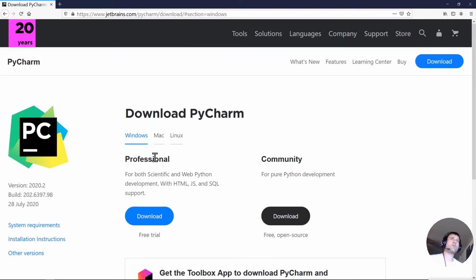And we have two different options. We got professional and we got community. And the main difference is professional has tools for developing basically websites. So you got HTML, JavaScript, and SQL support in the professional. And you also have Jupyter Notebook. It doesn't say it here, but you have Jupyter Notebook support in the professional where you do not in the community. So for that reason, I do recommend the professional, and you can download a free trial,